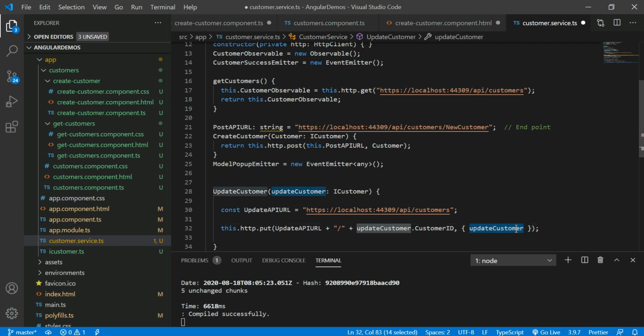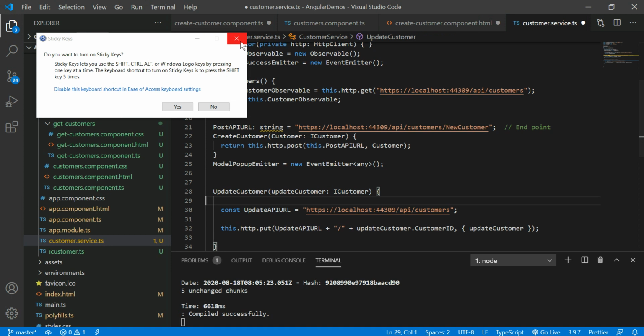This body can contain any kind of data. As per this API, it is expecting the model pop-up related value, which is the customer value. So this API is expecting the HTTP body to be the customer value.